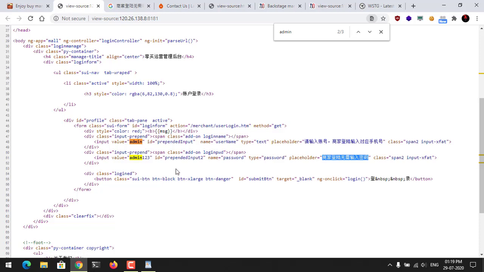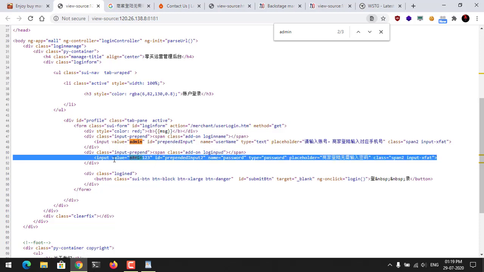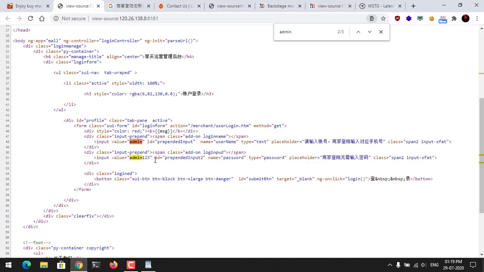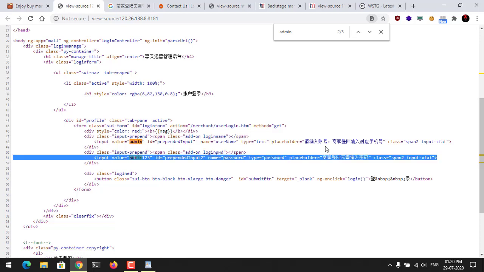What we can do, this is a very great example of what we can find in source codes. So here is an administrator admin123, and here is a password. I don't know the Chinese language, or whichever language it is, so I'm not able to recognize it.